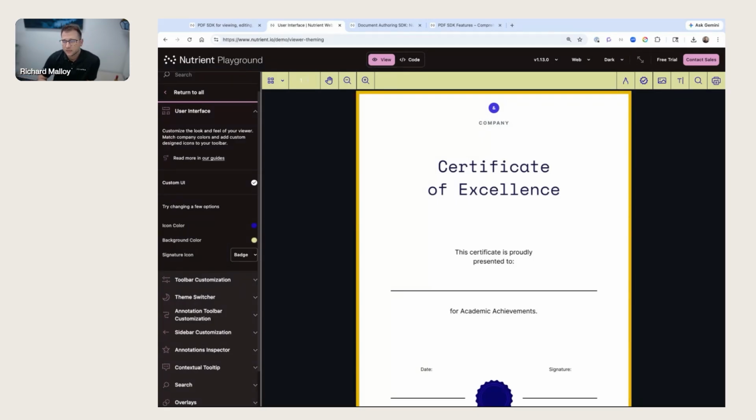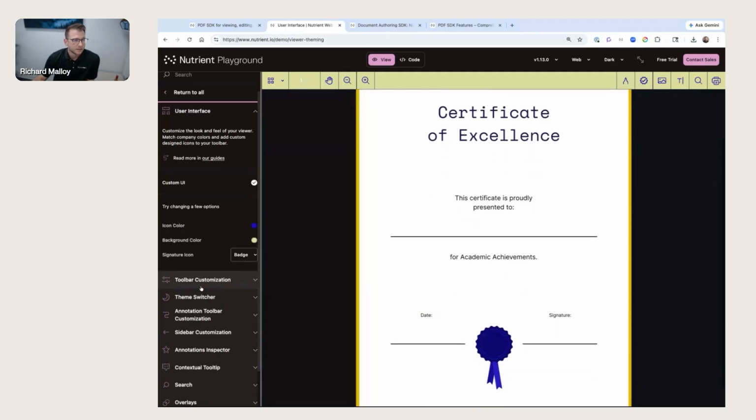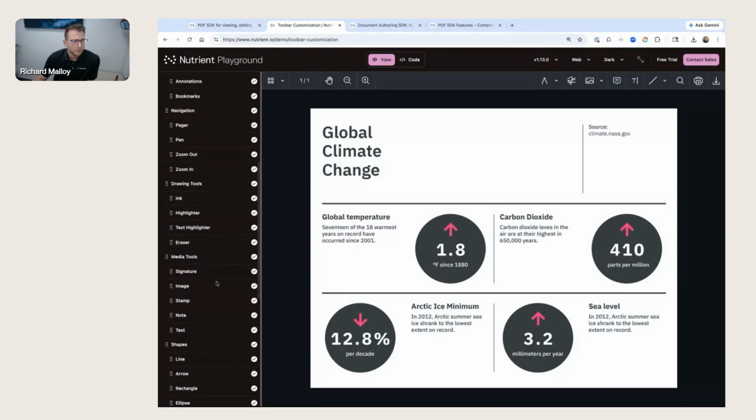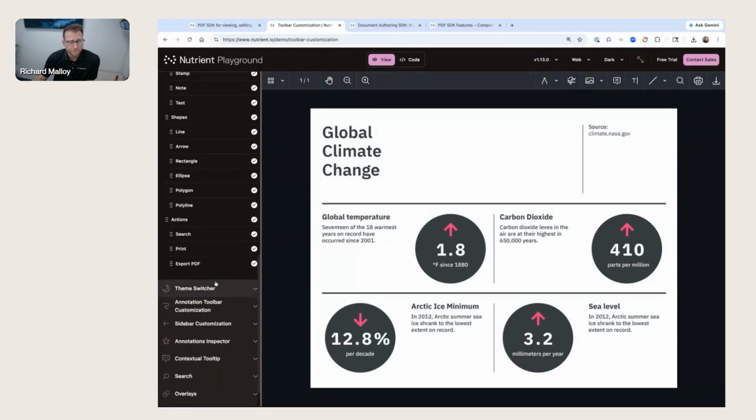We're implemented in some of the biggest use cases in the world. We power a part of DocuSign's workflow. You probably don't know that Nutrient's behind there, but that's our goal, to be behind the scenes on some of this stuff. So again, with toolbar customization, we see this quite often